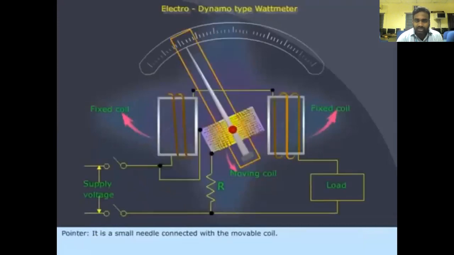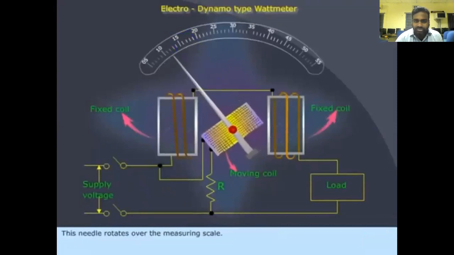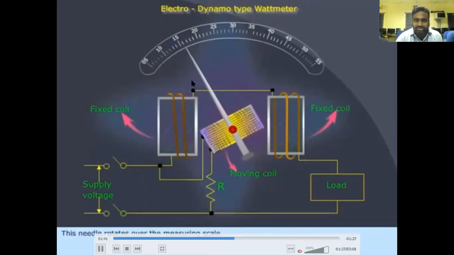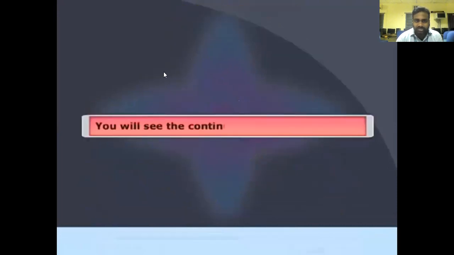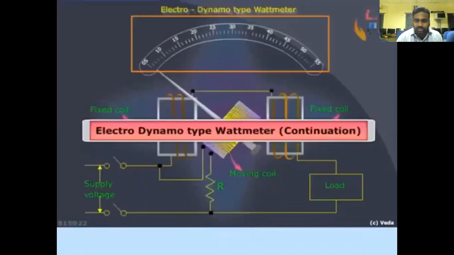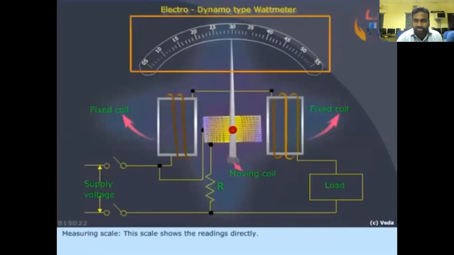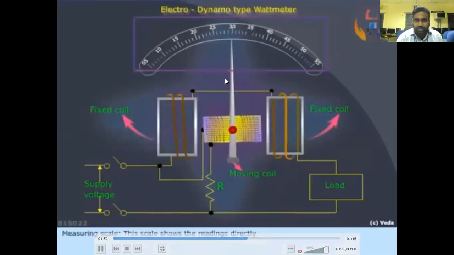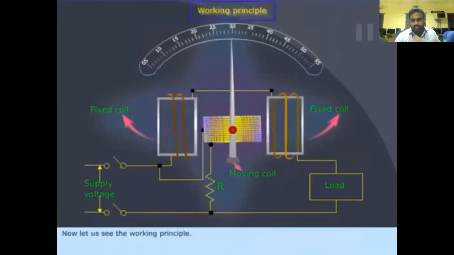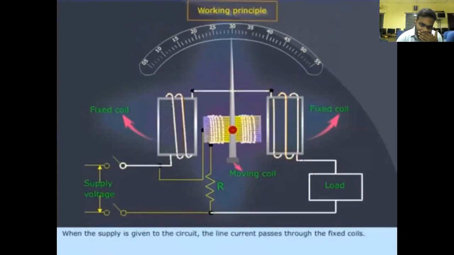If we see the working principle, the needle is connected to the moving coil. It is pivoted with the help of a jewel bearing. So this is how the needle works. The needle will move from the initial position to the moving position in this manner. The working deflection of the needle is around 50 degrees to 90 degrees.